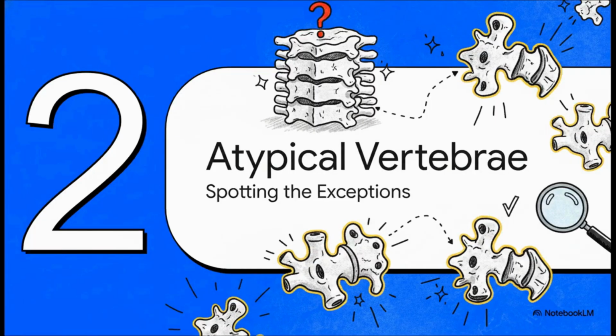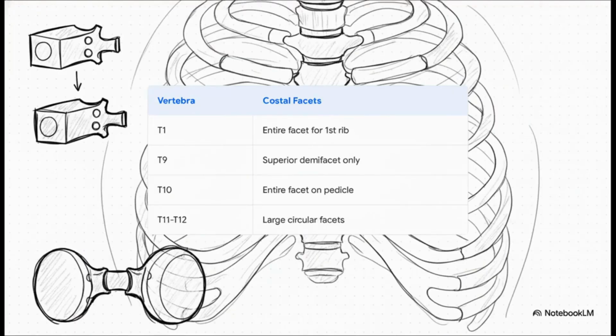Section 2. Identifying atypical thoracic vertebrae. All right, now that the standard blueprint is burned into your brain, we need to talk about the rule breakers. Because let's be real, examiners absolutely love testing you on the outliers. It's a goldmine for board questions. While your typical vertebrae have two demifacets, the atypicals, that's T1, T9, T10, T11, and 12, do their own thing. T1 rocks a complete facet for the first rib. T9, it's missing its bottom demifacet entirely. T10 shifts its whole facet right onto the pedicle. And then T11 and 12 basically have large, circular facets primarily on their pedicles, and they completely lack any facets